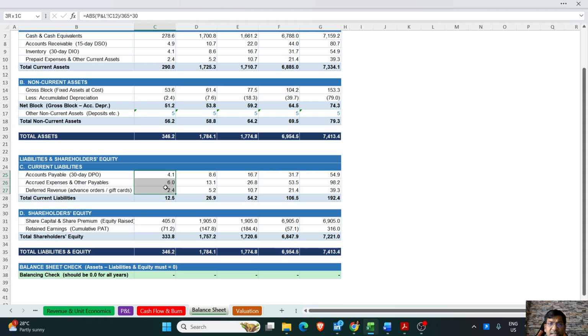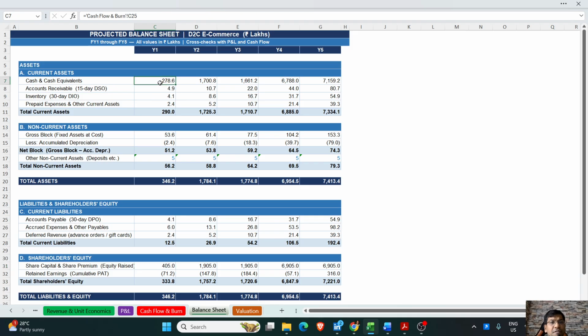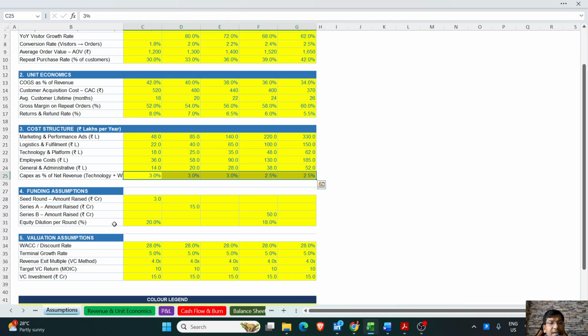These 3 elements we have seen that we took 30 days of payables and accrued expenses and deferred revenue, etc. So my total current liabilities becomes this. My share capital, as in the beginning, I had what items? I had 50 lakhs of cash, 50 lakhs of gross assets, and 50 lakhs of non-current assets. So that means I had 105 of opening share capital plus assumptions C8 into 100 plus assumptions C29 into 100 plus C30 into 100. So what does this mean? Here, because this amount is all in rupees crores, I am just adding that into 100 and adding in my